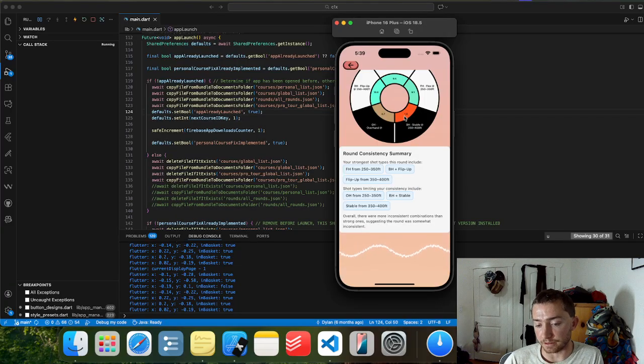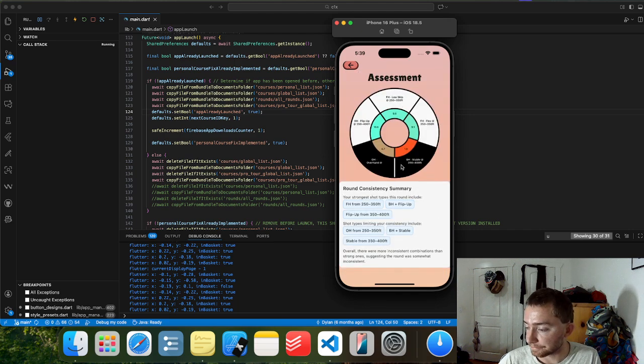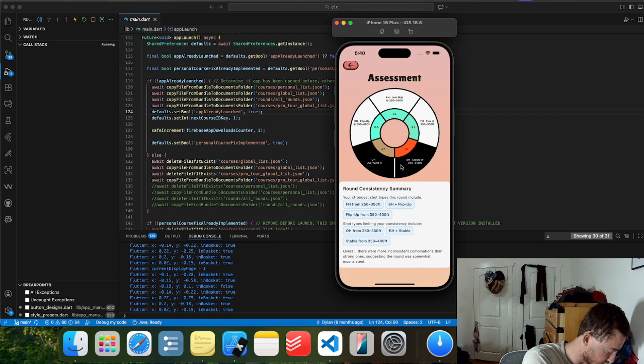So I think really just the question for myself is, what information do I want to convey outside of what's in the graphic above? Idea here is that I'm showing the 3 best shot combinations, worst shot combinations, best type of shot, to include the shot type, path, and distance. We're giving them a score. Strongest shot types this round. Shot types limiting your consistency. We're not going to do a focus for improvement just because I have an idea of how to include that in a different graphic. General consistencies in